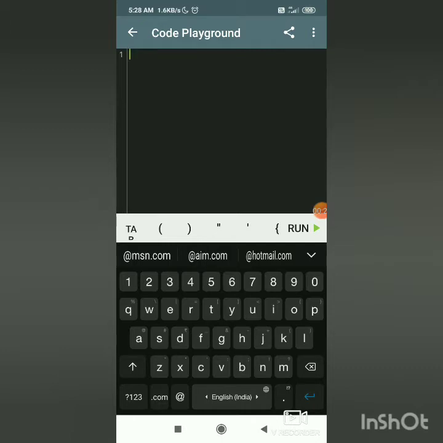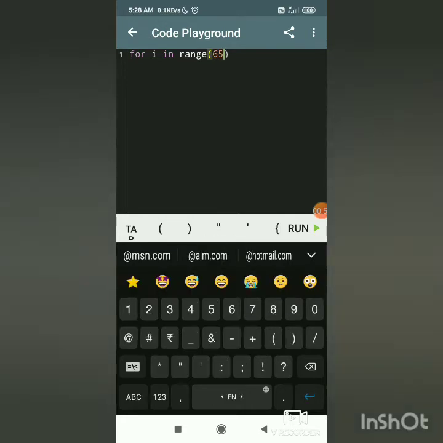So first of all, we will be making a for loop. So let's start this for loop: for i in range. As we know, the ASCII value of capital letter A is 65. So we will be starting the loop from 65, and after that the last letter of the English alphabet,